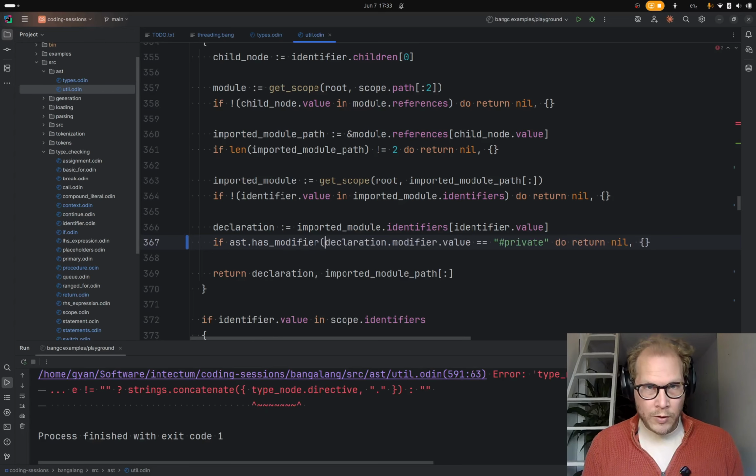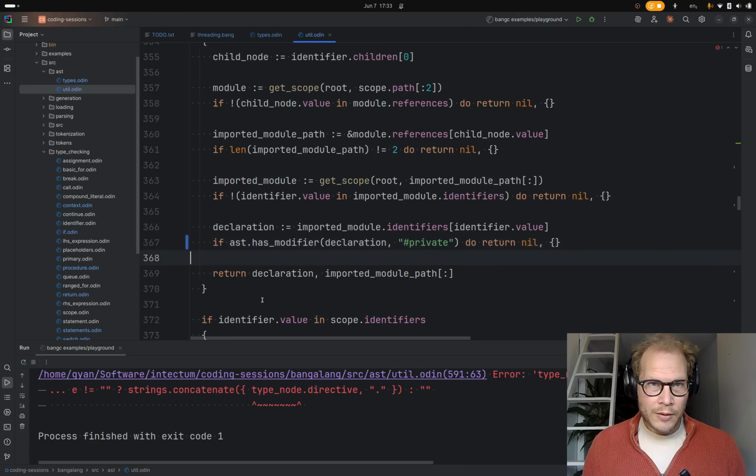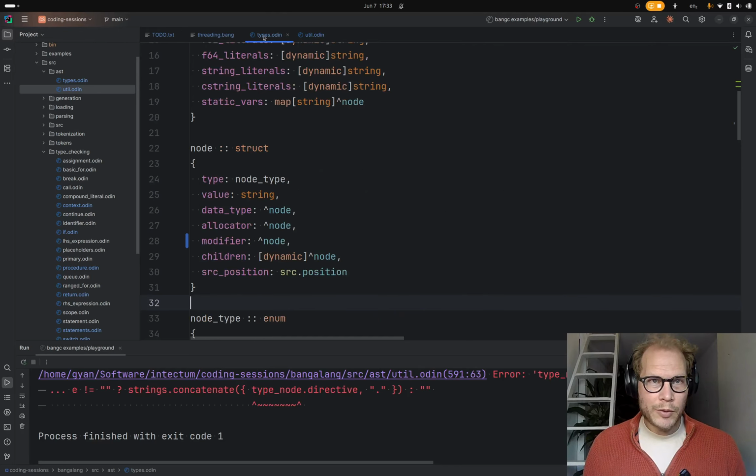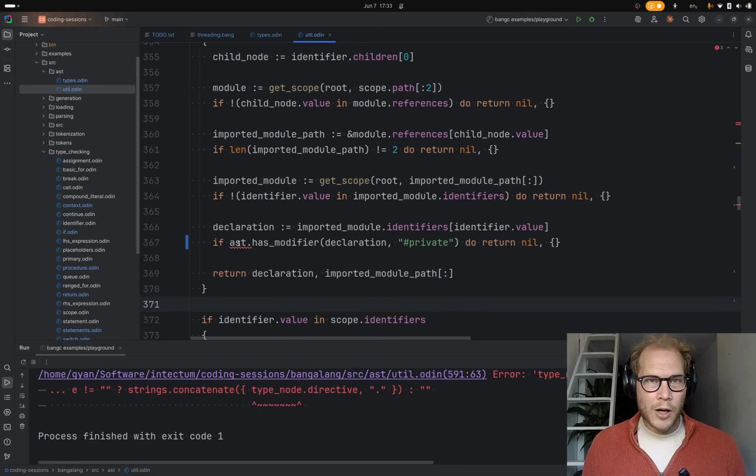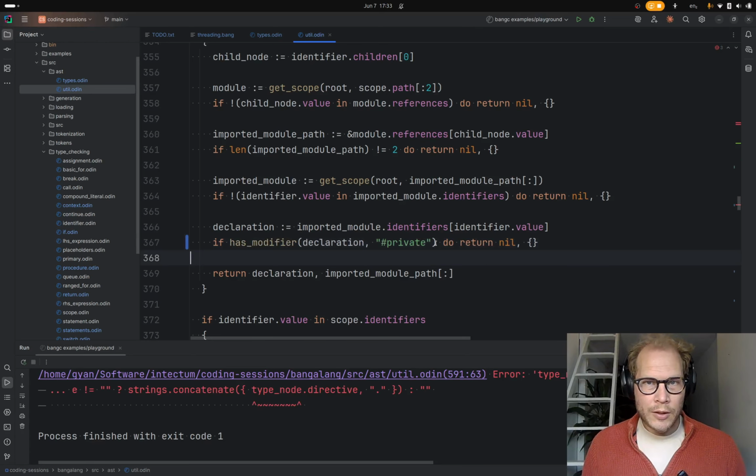So when I do has modifier like this, something doesn't look right here. I feel like it should be, because we are in AST, so we don't need it. That's why it looked weird.